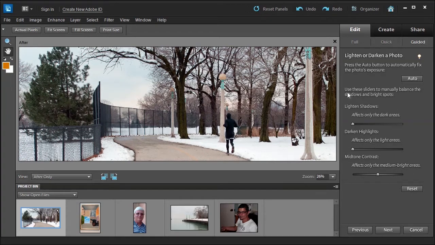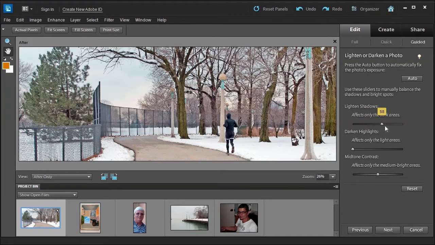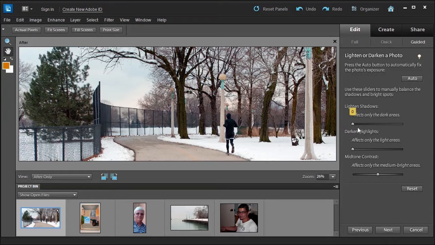I'd rather use the sliders, so use these sliders to manually balance the shadows and the bright spots. So this says lighten shadows. I don't really have that many shadows, but I just want to show you. I got to convert it again. See how it's lightening the shadows? The trees are becoming brighter. Maybe